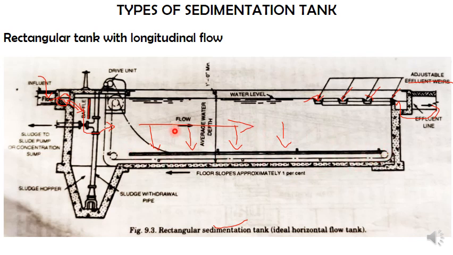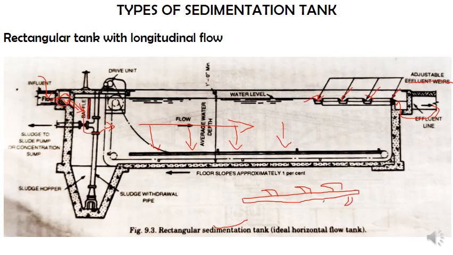Now if you check out this particular part, this is what we call a scraper. All these particles, imagine they are settling down, right? Those settled particles need to be taken out. This process can be done manually or mechanically. Right now what you are seeing in this figure is a mechanical one. You can see here the driving unit, which is nothing but a simple motor, and these are the scrapers. These scrapers will be on a particular pipe or a tube or a section, and to that there will be scrapers like this throughout.